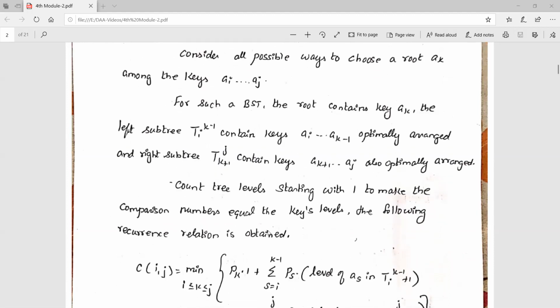I already told you we have to count the tree level starting with the value 1, to make the comparison number equal to the key's level. So this is the recurrence relation we have obtained.